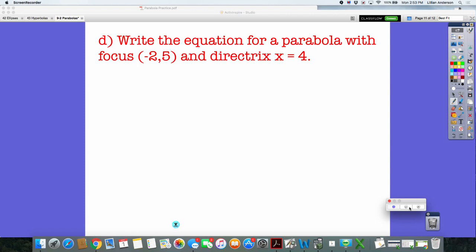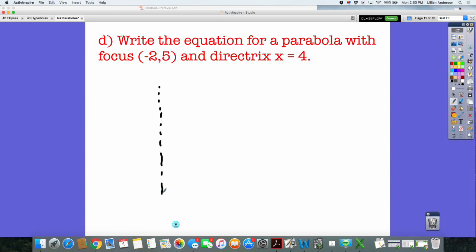Okay, so knowing that the focus is at negative 2, 5, and the directrix is at x equals 4. X equals 4 is a vertical or horizontal line? Vertical line. So it's crossing at 4, and the focus is at negative 2, 5. Which way does this parabola open? To the left. Very good. Now remember, the focus and the directrix are the same distance away from the vertex. We don't know what the vertex is, but knowing that this is at negative 2, 5, and this one is hitting at 4,